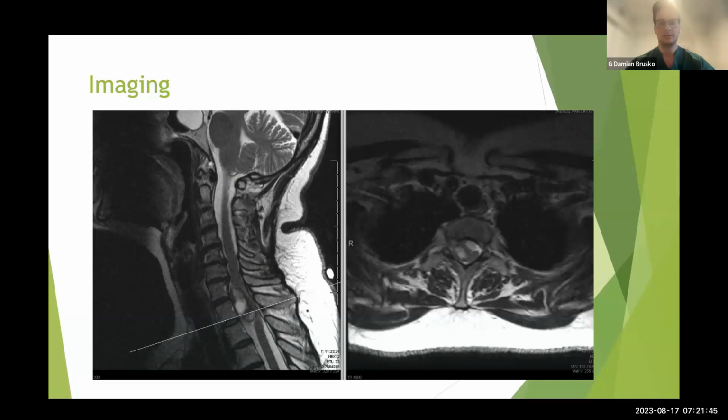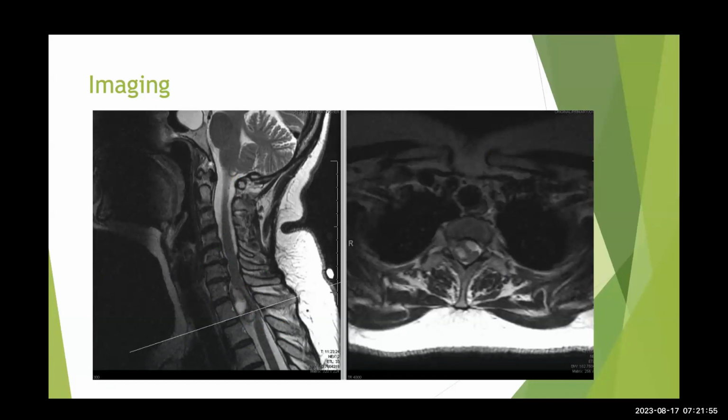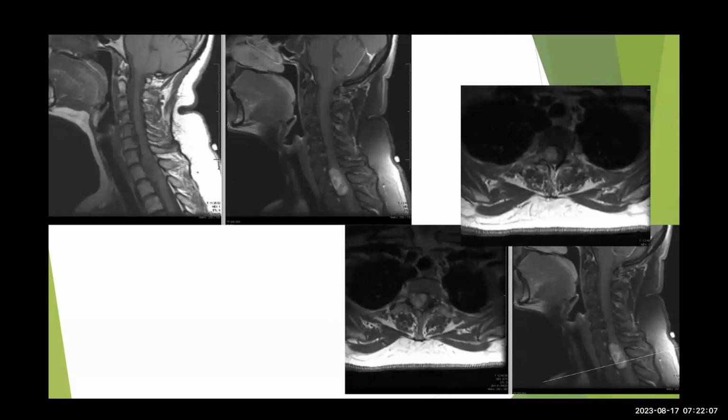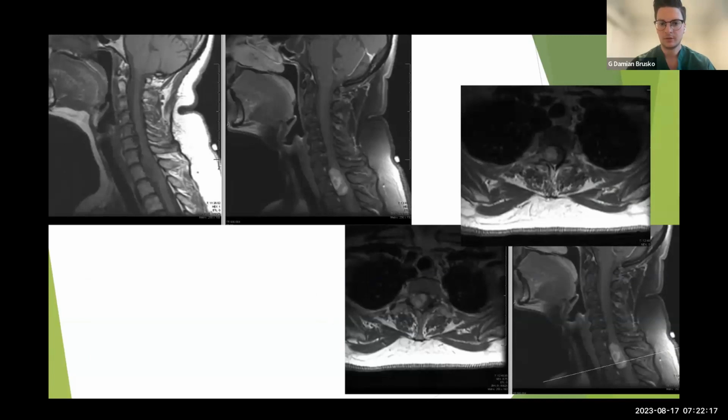What do you think this might be? This is just a T2 here. So anything else you want? Yeah. Maybe look at with contrast. Yep. Okay. So the top left, what's the image all the way on the top left? Top left is T1 and T1 sagittal, and then post contrast in the top middle. Yeah, exactly. And then the bottom right are all just post contrast images,